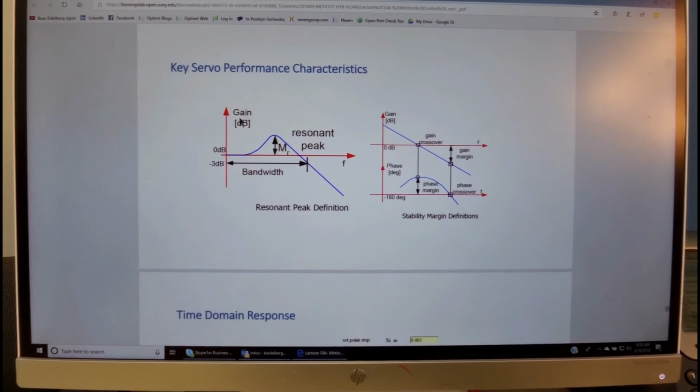The schematic presentation of phase margin and gain margin is shown to us here.